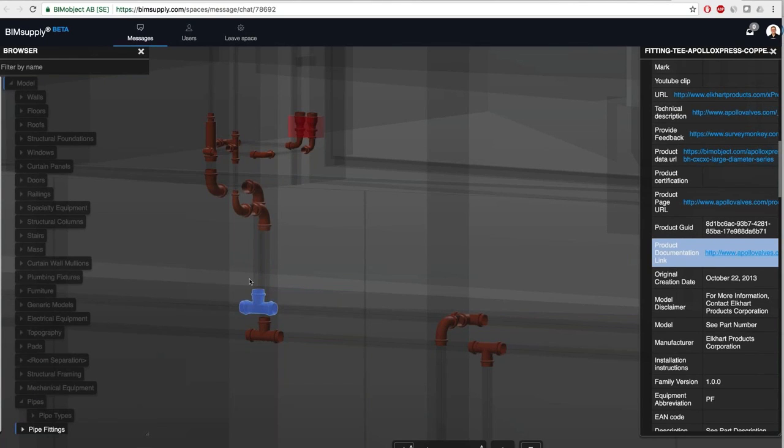This is real content of one of our product manufacturers. I believe this is Apollo. These fittings are specific, and the one highlighted in blue on the right, you can see the exact properties of that. It's going to be all the flow parameters, and they're going to be able to run water utilization through this virtually before it ever gets done.